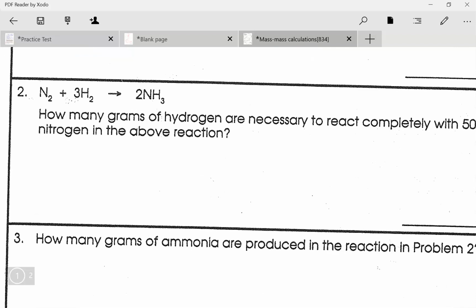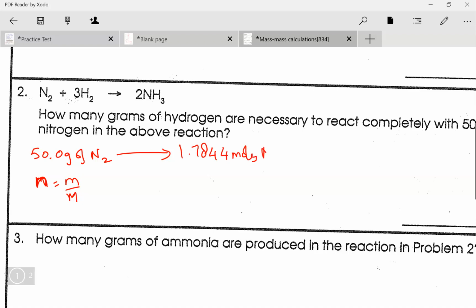50 grams of nitrogen. So again, I'm given mass, I need to get to moles. So number of moles equals mass divided by molar mass. Molar mass of nitrogen is 28.02, so 50 divided by 28.02 is 1.7844 moles of nitrogen. I'm going to convert that to moles of hydrogen by multiplying by 3, because 1 mole of nitrogen is 3 moles of hydrogen, right? So this times 3 is 5.35 moles